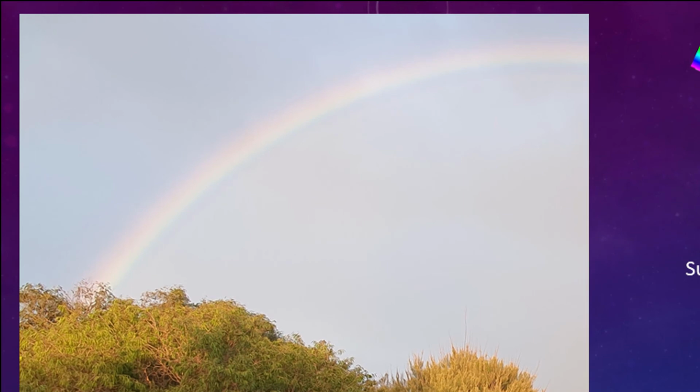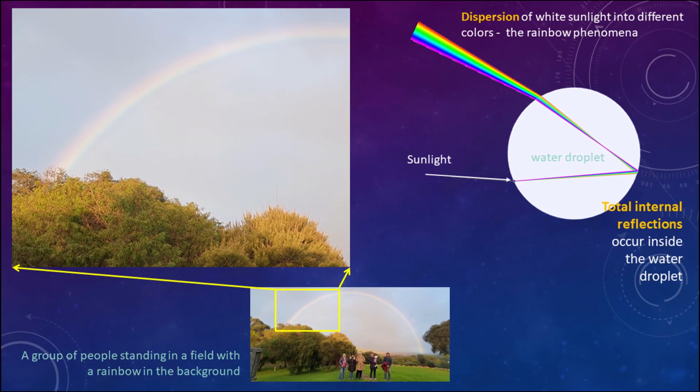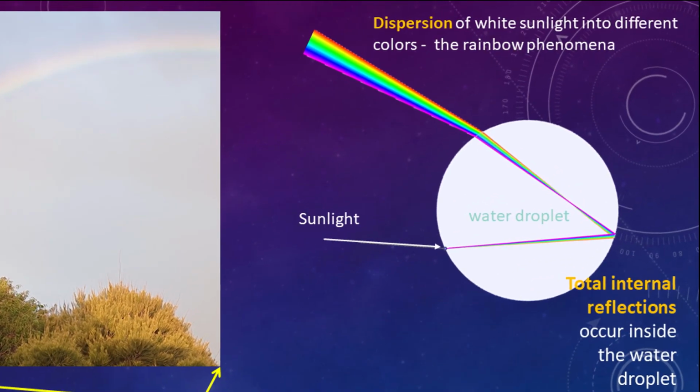Rainbows result from a combination of refractions and total internal reflections of sunlight in falling water or falling rain droplets. A simplified diagram of a rain droplet and a light ray path through the droplet is shown here. What we have here is a light ray from the sun that enters the droplet and refracts, or bends. It then hits the back of the droplet and undergoes total internal reflection, and then exits the droplet as a band of color spectrum.